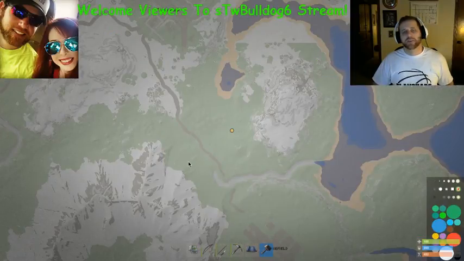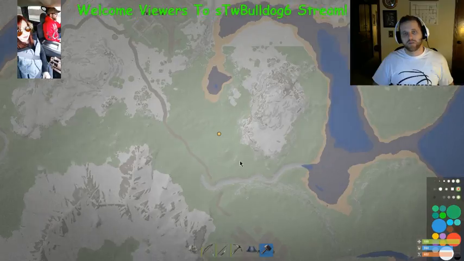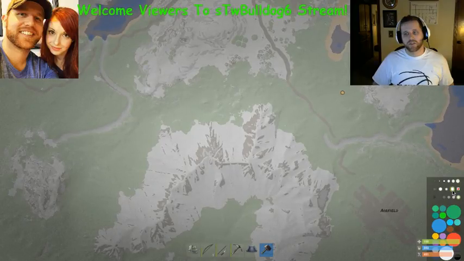Cool thing about the map is this is the area that you are at. The map will move the more you are with it. You can draw on your map. Oh, you can move it now too. Nice. Let's see. We're going to go...